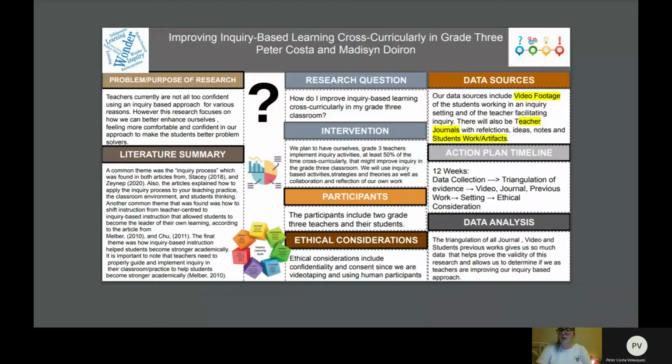And these data sources we selected demonstrate if there is a change in academic performance based on our intervention, which is really great. And also using the video footage, we can refer back and analyze attitude, engagement, confidence, and grades. And really helpful are the teacher journals, which also help track initial feedback, reflections, strategies, ideas, and keep a record of the timeline, which is really important too. Lastly, student work samples provide us with knowledge if we're improving inquiry-based learning in the classroom, if there's performance increase